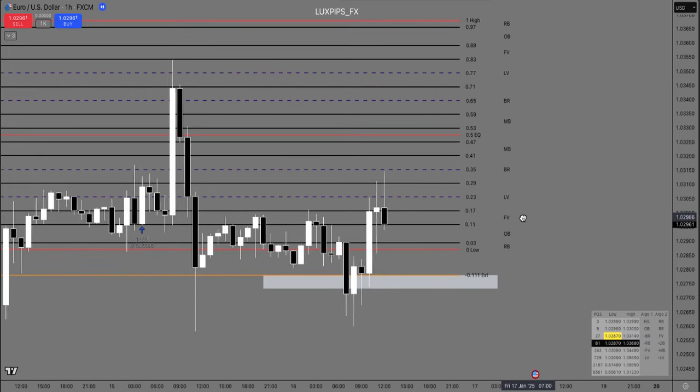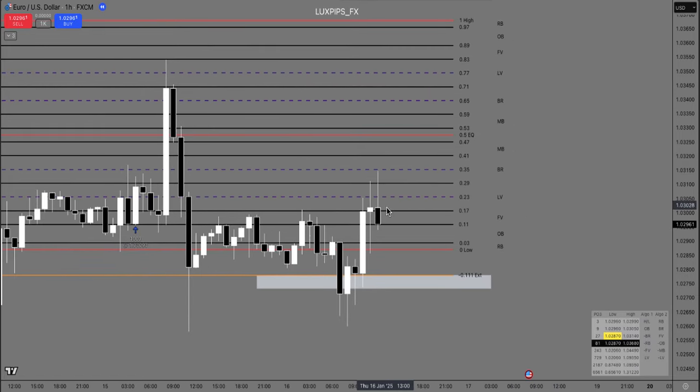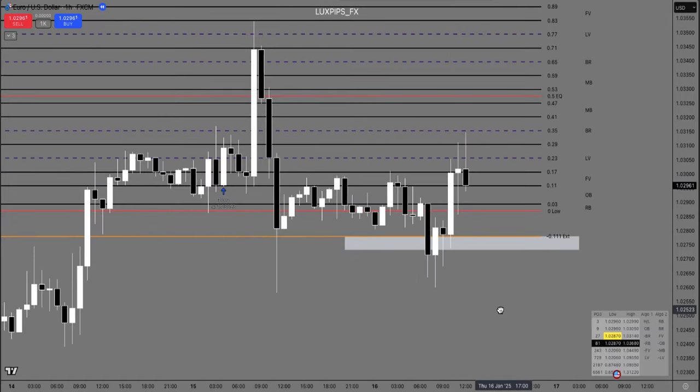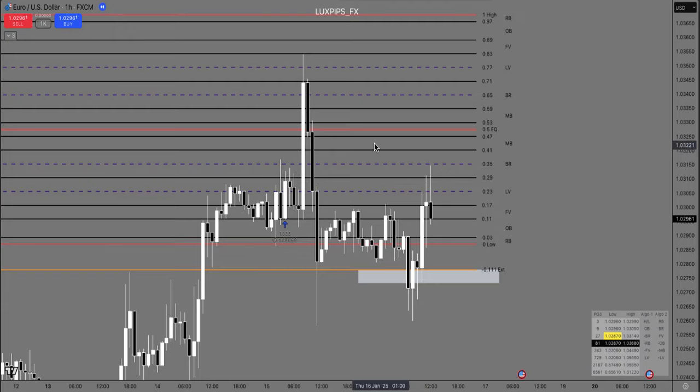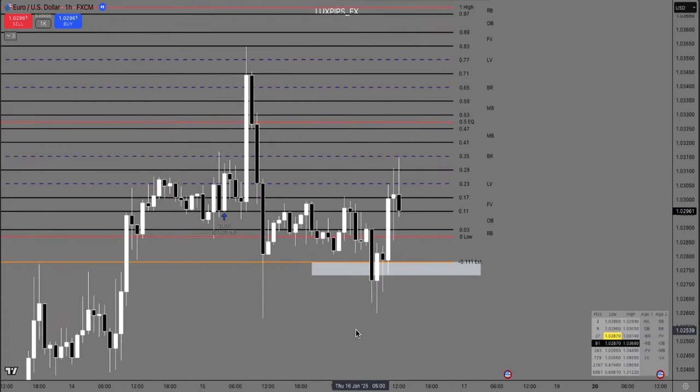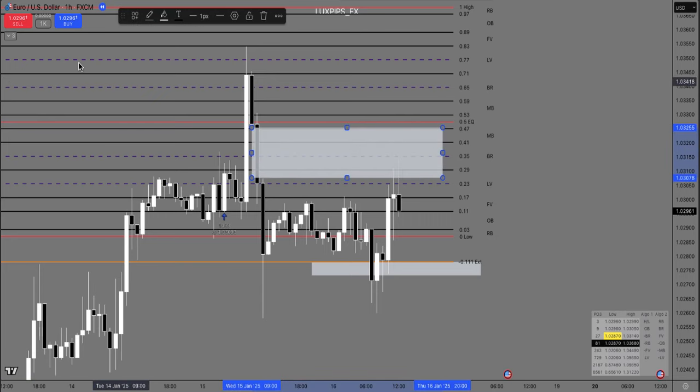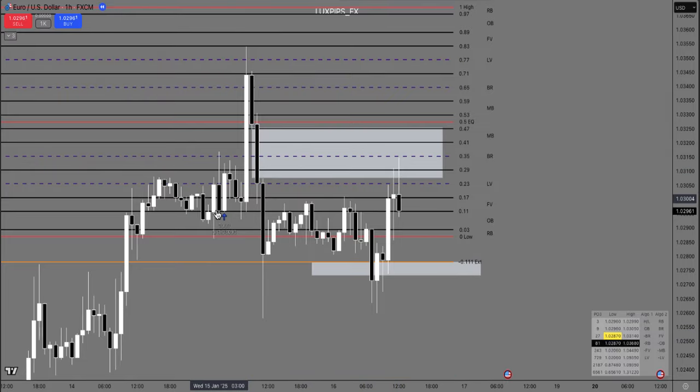Alright. So got the BR touch, the FV. However, it's not looking too nice for bullish execution, as there was a nice bearish FVG right here, yeah? And looks like